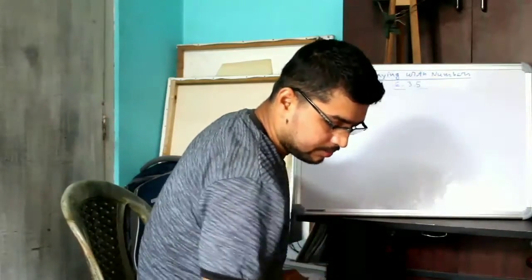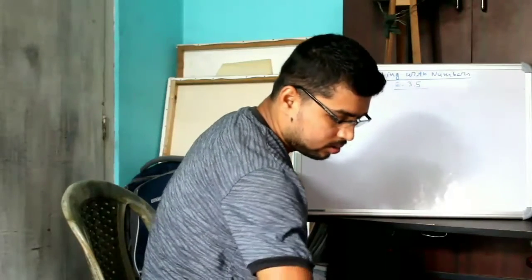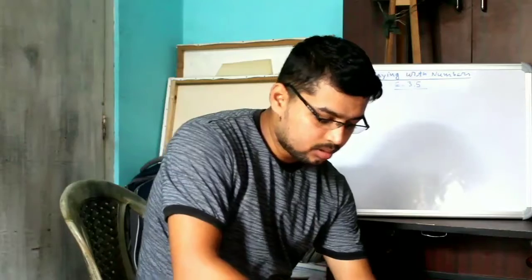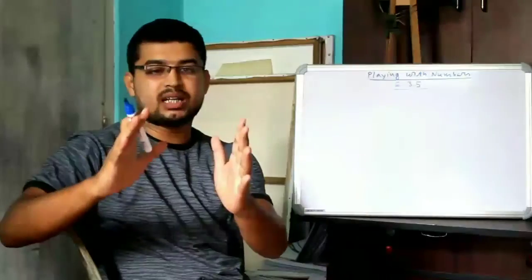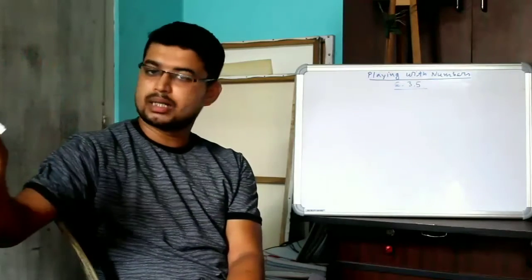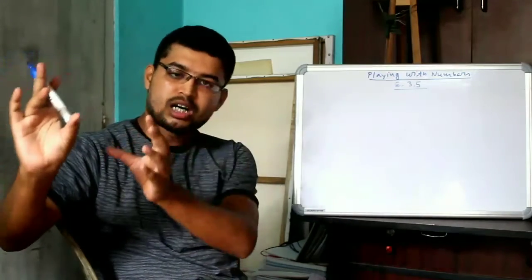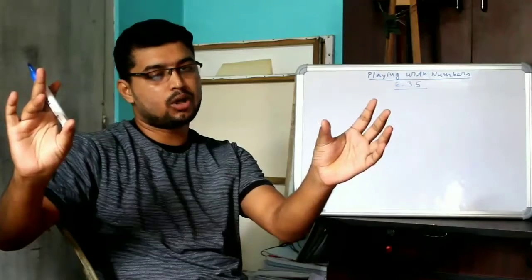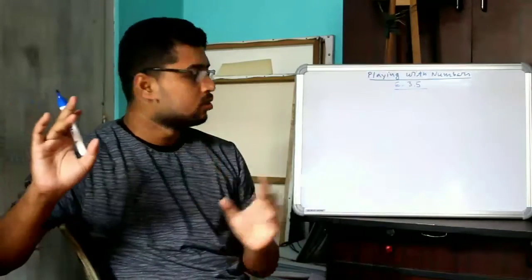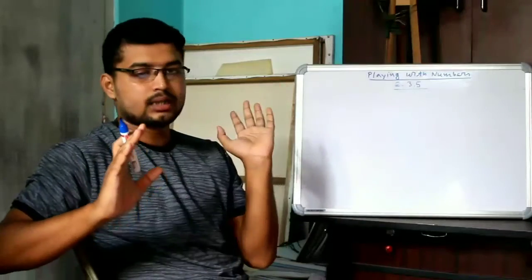Which of the following pairs are co-primes? Let me check. Number 1. Co-primes: if two numbers are there and the smaller number is not a factor of the bigger number, then both have only one common factor, which is 1. So this is called co-primes. We already discussed. So let me check with the division method.